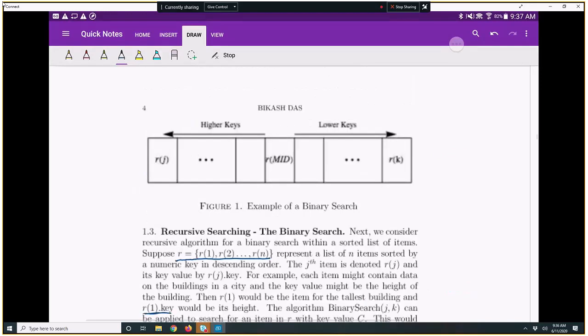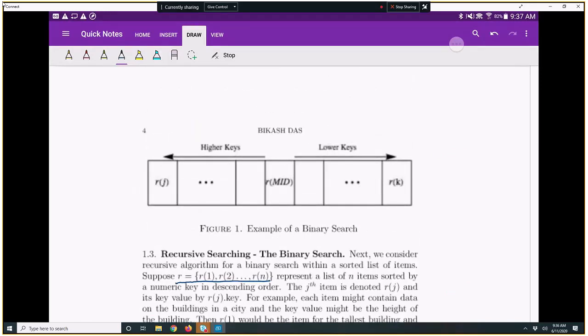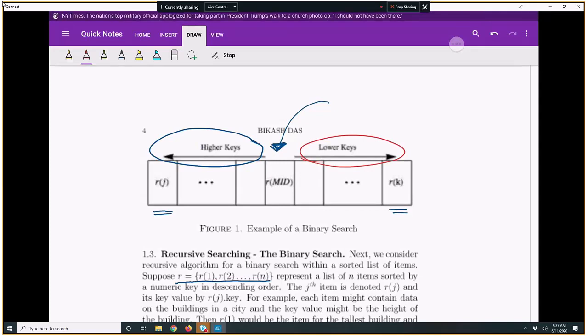So you kind of have this picture here where you can think about, we have this ordered list. This is the smallest value. This is the largest value. We're just going to go to the middle and we're going to ask, is this middle value smaller or larger than the one we're looking for? If it's larger than the one we're looking for, then we're going to repeat the process in this half of the data. If it's smaller than the one we're looking for, then we would repeat the process in this half of the data. And this algorithm is just going to repeat recursively, which means